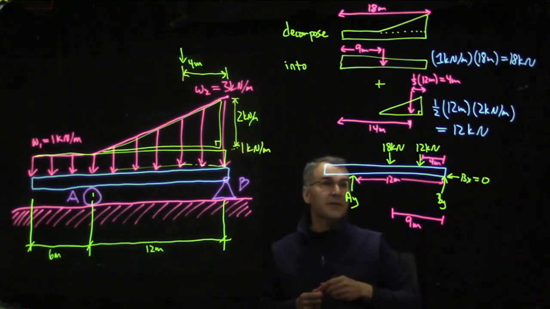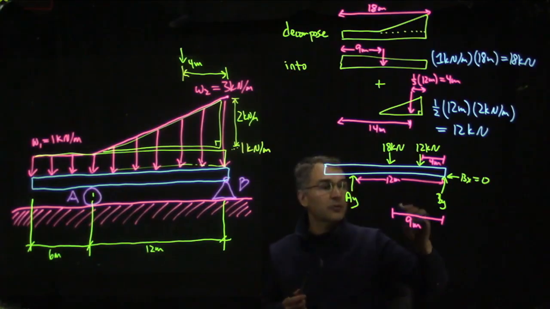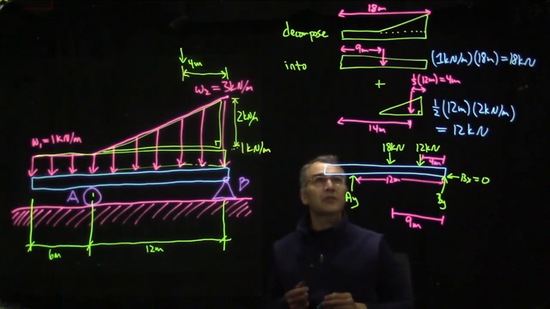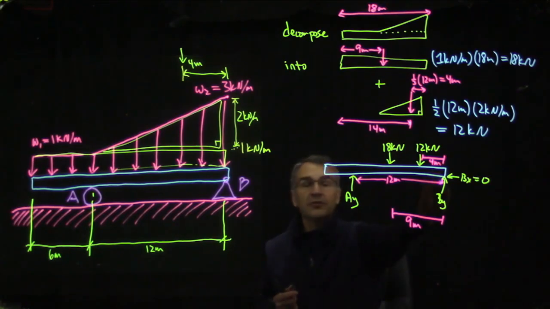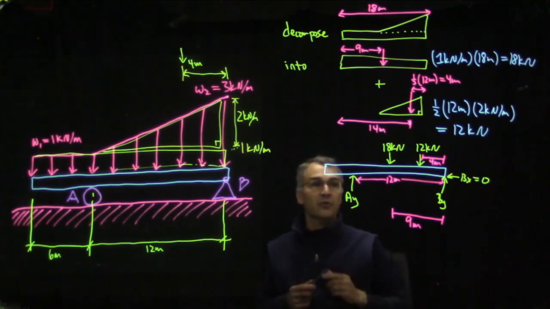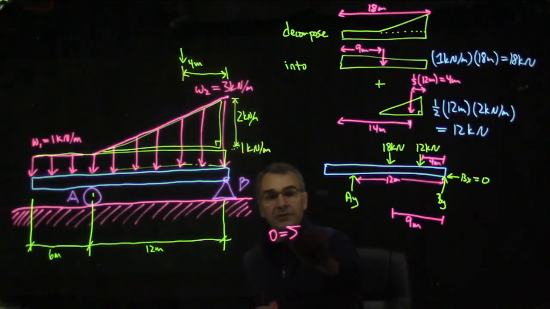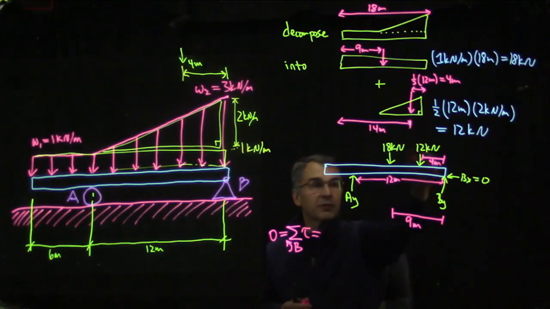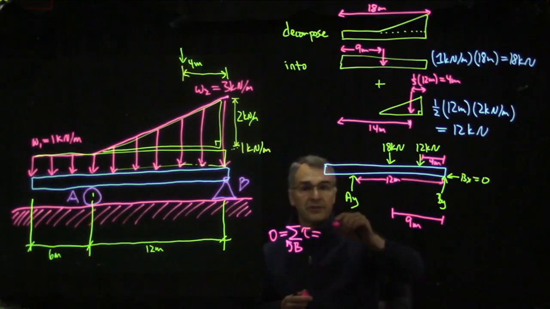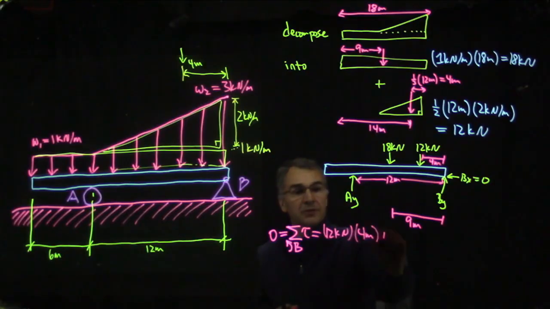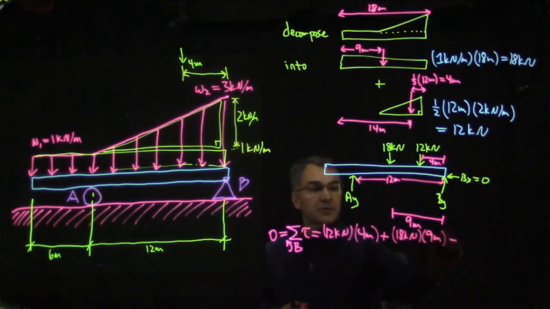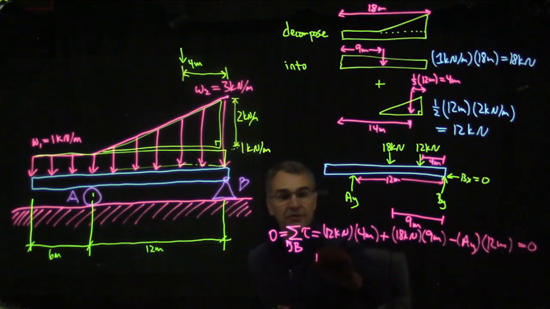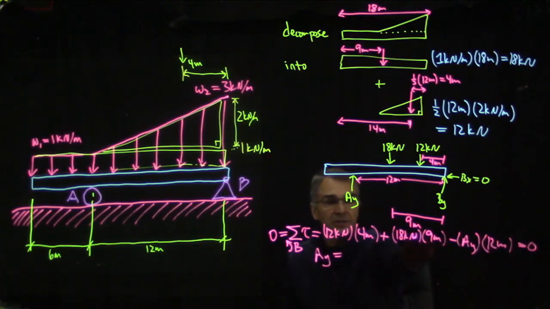Okay, I think we can figure out by inspection that the support force horizontally at B equals 0, because B sub x is the only horizontal force. Let's use torques or moments about B to figure out the support force at A. So 0 is the sum, counterclockwise minus clockwise, pivoting about B of the torques. Since we're pivoting about B, these two loads are counterclockwise, and this support force at A is clockwise. So we have 12 kilonewtons times 4 meters plus 18 kilonewtons times 9 meters minus AY times 12 meters. That gives us AY equals 9 times 18 plus 12 times 4, and then all of that divided by 12,